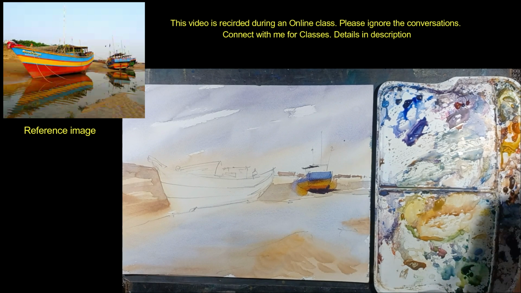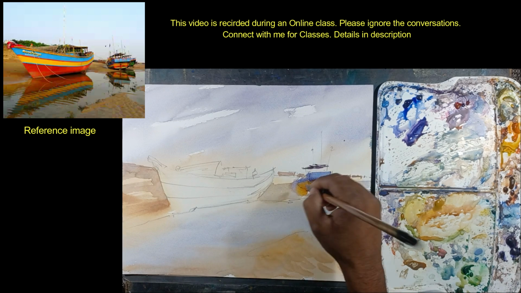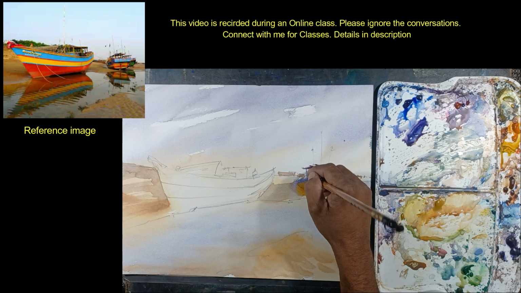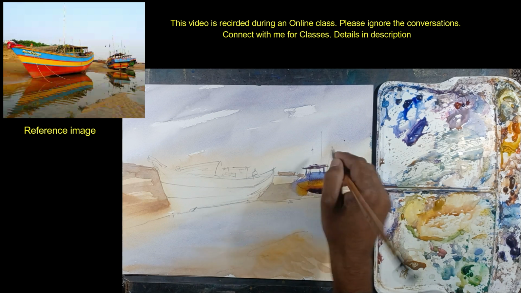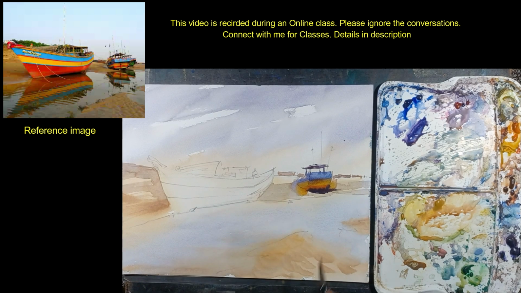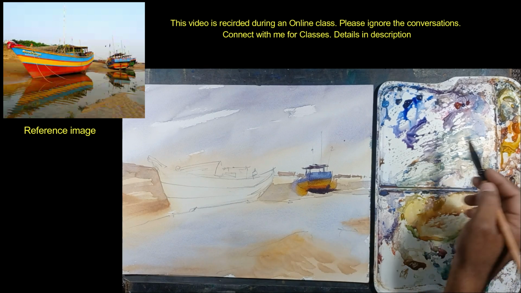Same, what we have to do is we will just make a few lines for the roof of the boat. Just one or two lines here and there. Now we have to work on the reflection. Okay, so if you see,